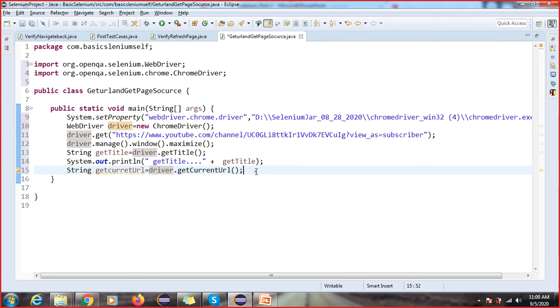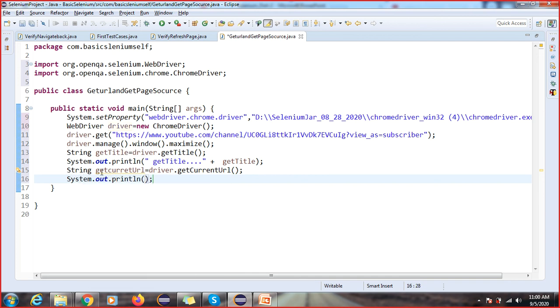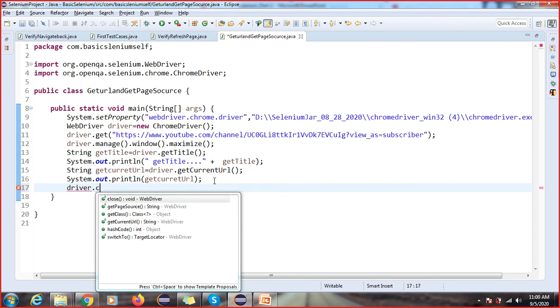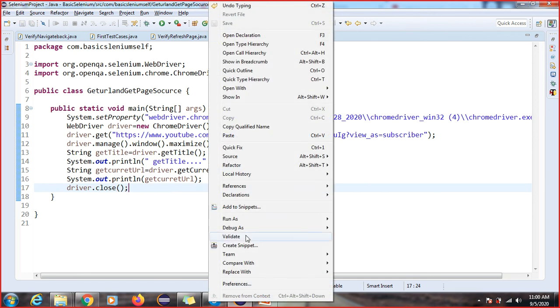Now I'm going to print this. I will execute this code, then after that I will print this page source. Now I'm going to close this also. We will close this by using the close method. Now Control S, and now I'm going to execute this.